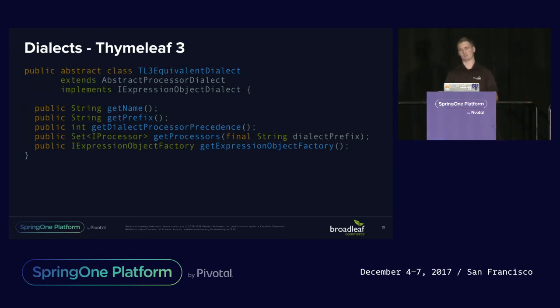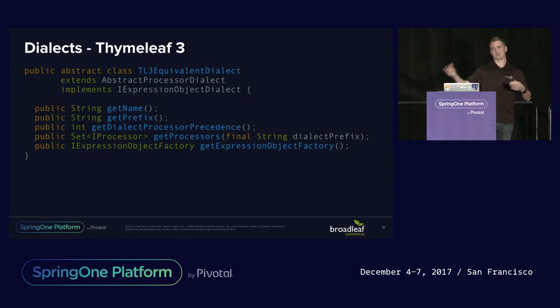So you have getName, getPrefix. This means slightly less in Thymeleaf 3 because all the mapping to know, like th:text, that th part, is actually inside the processor. Name and prefix, as far as I know, is more of a song and dance. I would just set them to the same, just for sanity. getDialectProcessorPrecedence is just the precedence of your dialect if you have multiple and they have the same prefix name. getProcessors is a little different because you can actually return processors with different prefixes,